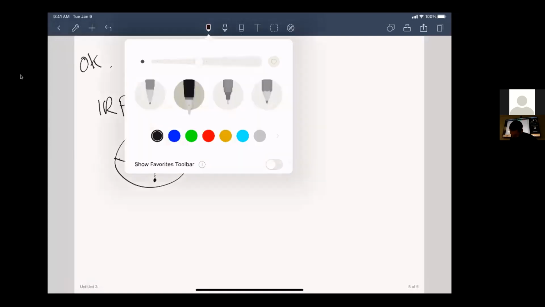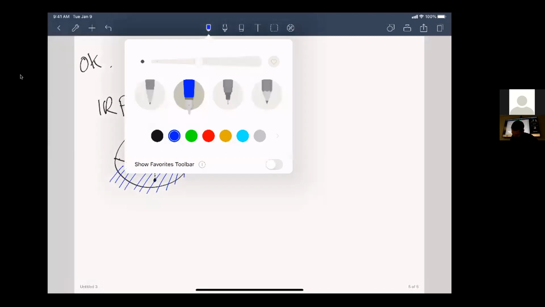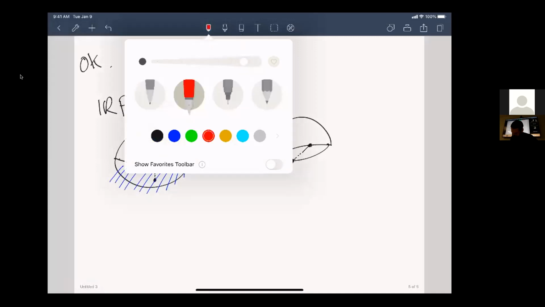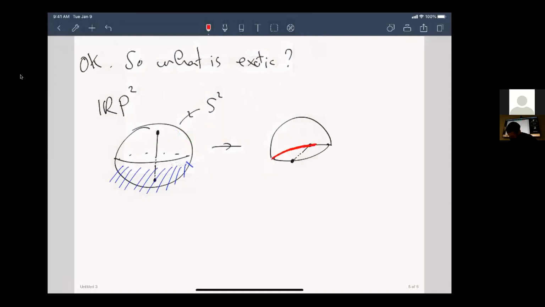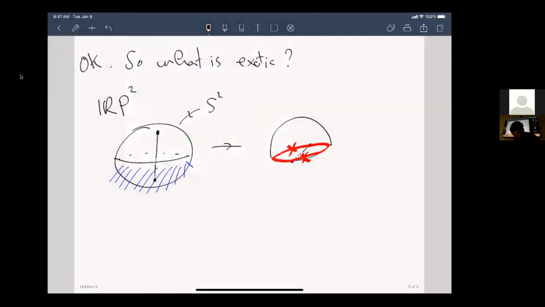Now, immediately you see that if you do this, then you don't really need to think about this hemisphere anymore because you've identified those points. So what you have is just a hemisphere. But you don't just have a hemisphere, right? Because actually these points are antipodal. So you have a hemisphere where this particular line has been identified. Two points that sit on this line antipodally have been identified. And what that means is that if I draw a curve